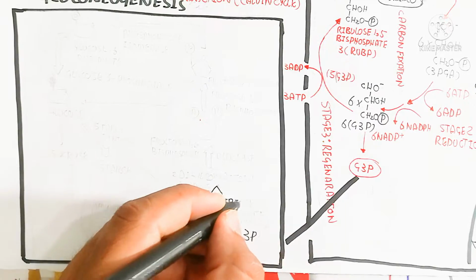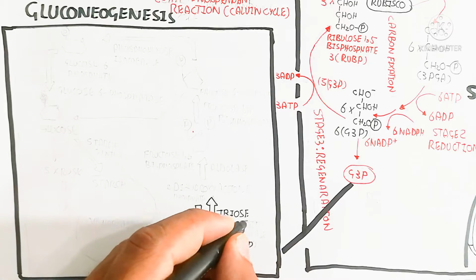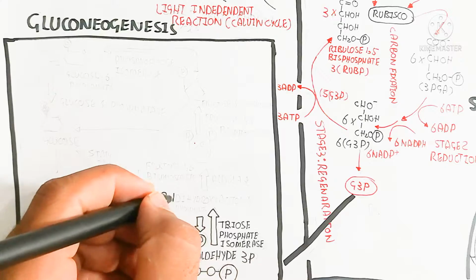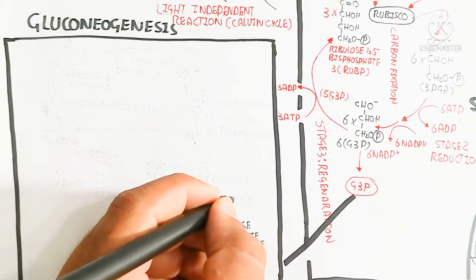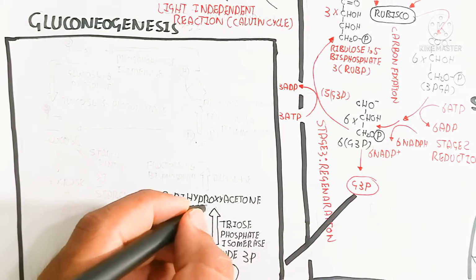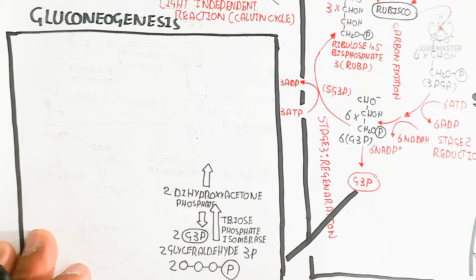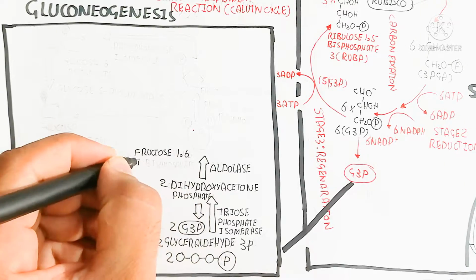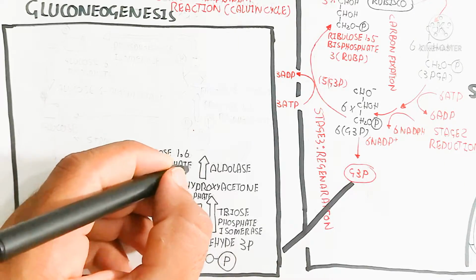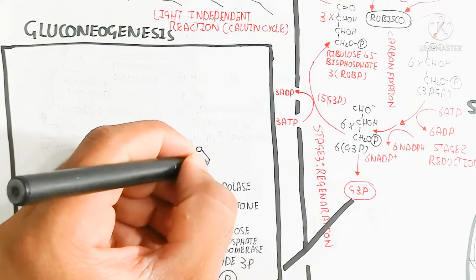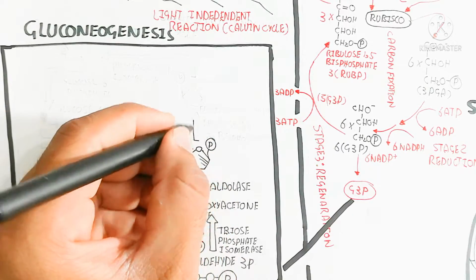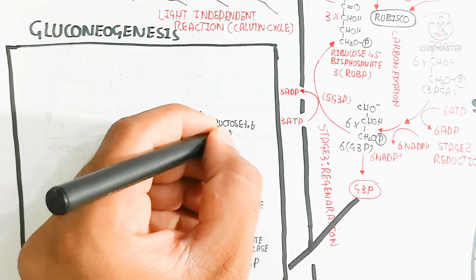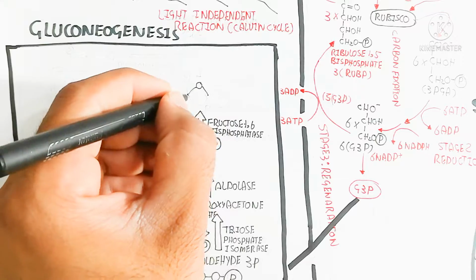Let's begin to understand. So this is G3P, glyceraldehyde 3 phosphate, which in the presence of the enzyme triose phosphate isomerase will produce dihydroxyacetone phosphate. This is the 2 molecule, because the 2 runnings of the Calvin cycle will produce 2 molecules of G3P to be used, and here is the aldolase enzyme. 2 dihydroxyacetone phosphate will be used by the aldolase enzyme to produce fructose 1,6 bisphosphate, a 2 phosphate containing fructose molecule,